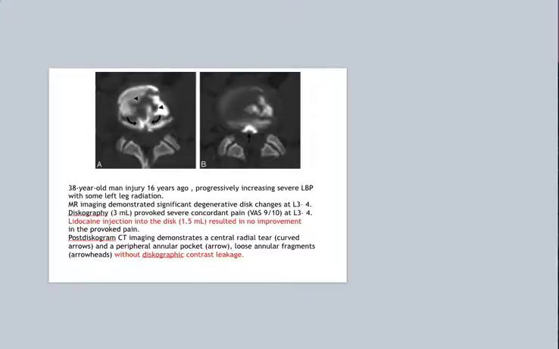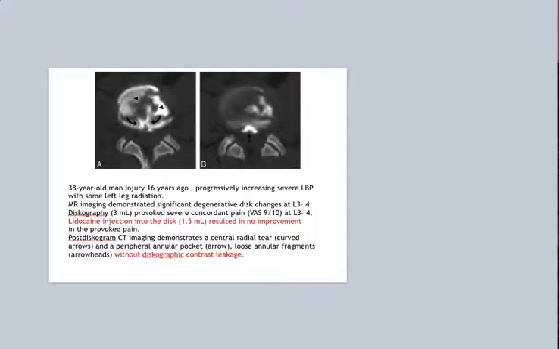Then this is a patient who is a 38-year-old man with some injury about 16 years back. It progressively increased and caused severe low back pain with some radiation to the left side leg. The MRI has shown a significant degenerative disc at L3-4. A discogram showed that it could accept about 3 ml inside the disc. It provoked severe 9 out of 10 pain, which was concordant at L3-4, and lidocaine resulted in no improvement in